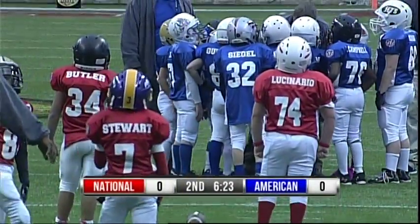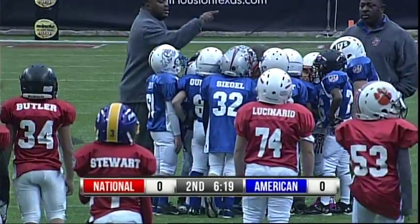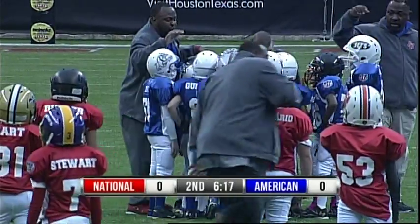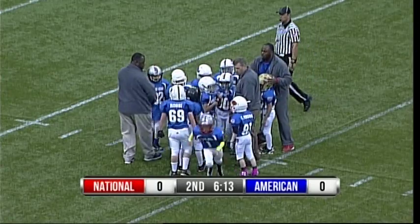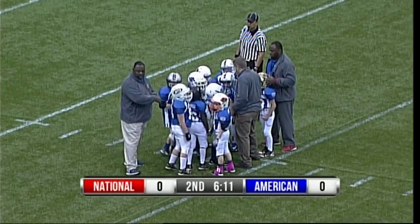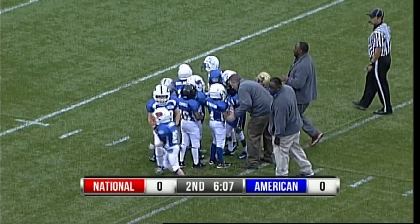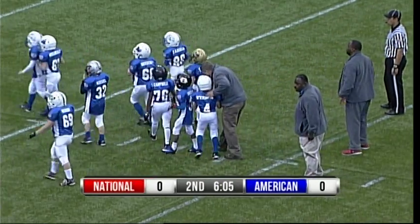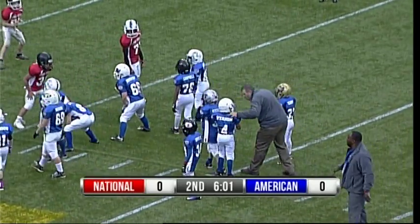So first down now. 6:17 and counting now for the Royal Blue squad to get the first points of the game on the board. They break the huddle as it will be